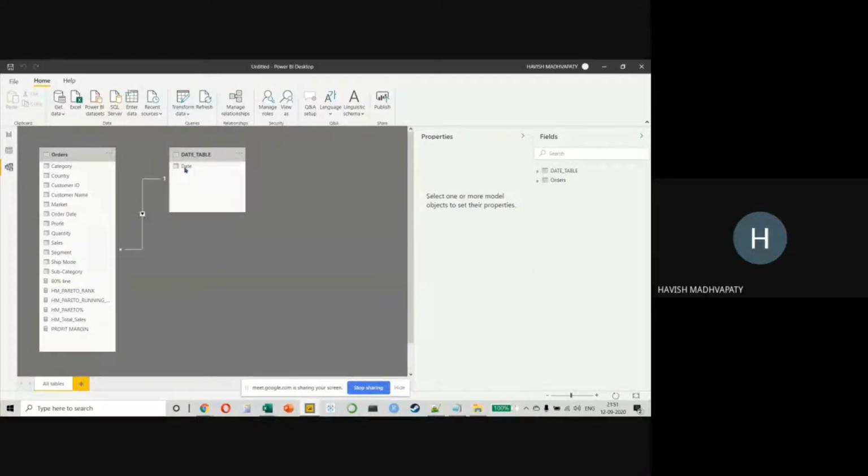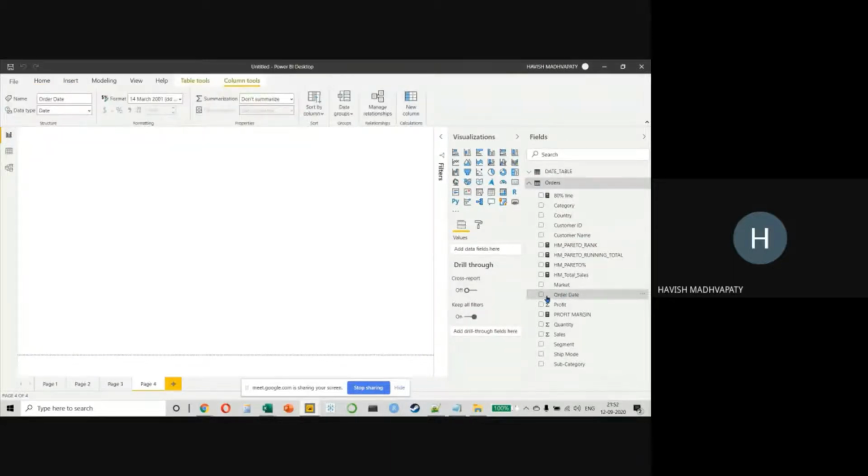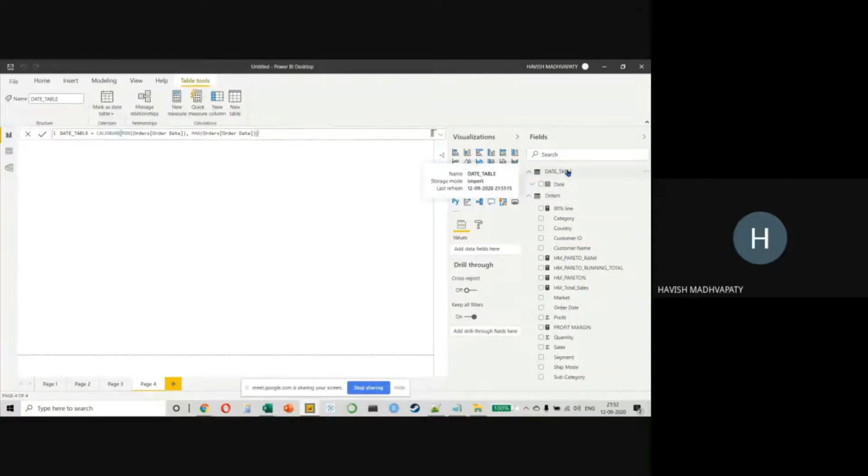And as you can see, this is the same way I did it on Power Pivot as well. But the moment you do this, your original date will not become a date anymore. So if you notice, the calendar icon has gone away, because now your date table is the only date that you can use for your calculations. And now we can do whatever we want to do.